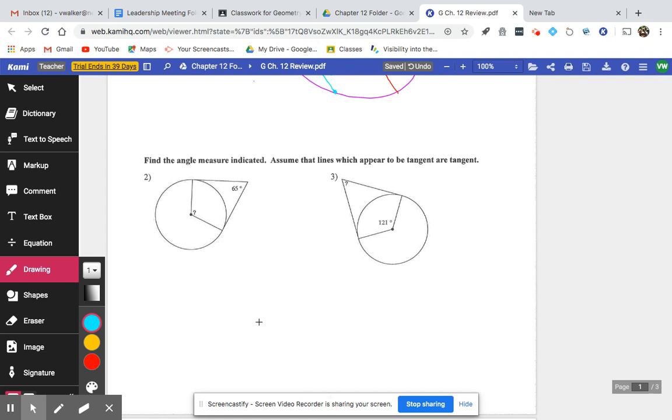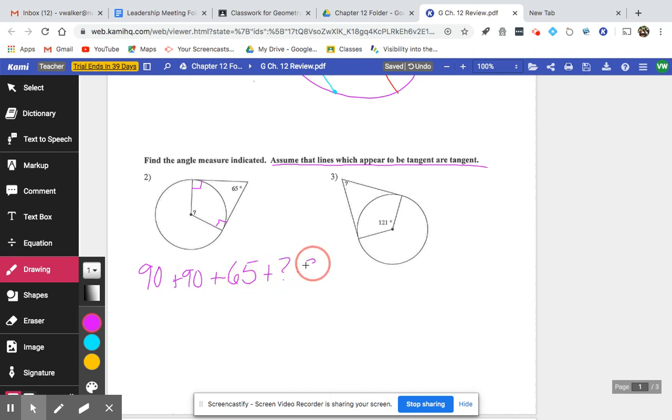Okay, switch to a darker color again. I like purple. Number 2, find the angle measure indicated. Assume that lines which appear to be tangent are tangent. Right here is the key to both of these problems. If they are tangent, and we're assuming that they're a tangent, then this angle and this angle are both right angles. So to find this angle, the question mark, or x, we take 90 plus 90 plus 65 plus our